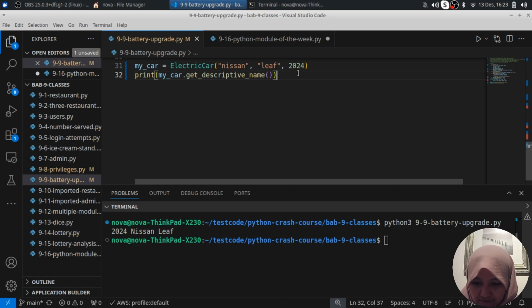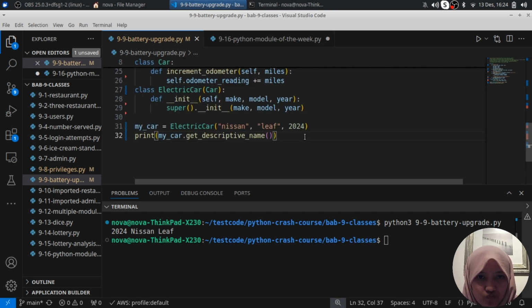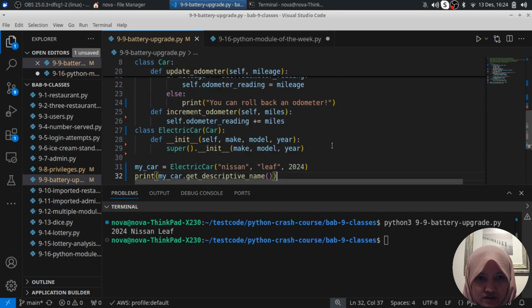Okay, that is how we can call the child class, and then after that don't forget to